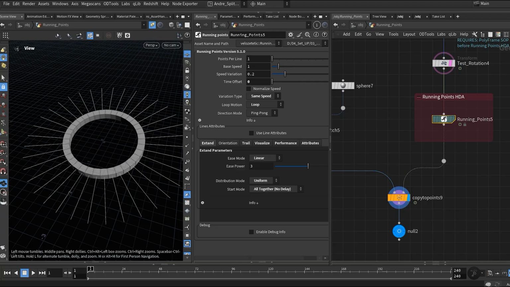Next you can choose the motion character. Linear gives you uniform motion. This is especially useful for points moving along a circle. Or you can use ease presets: ease in, ease out, or slow down, speed up, or both.